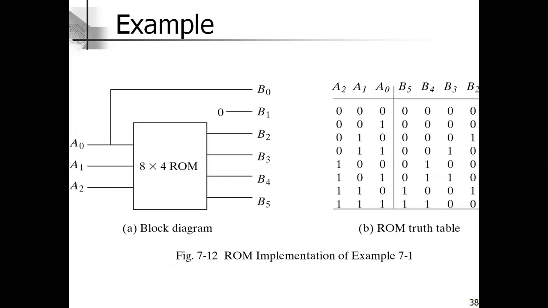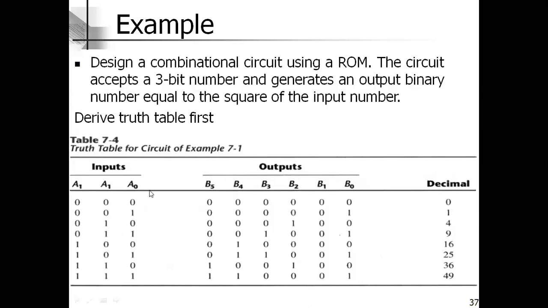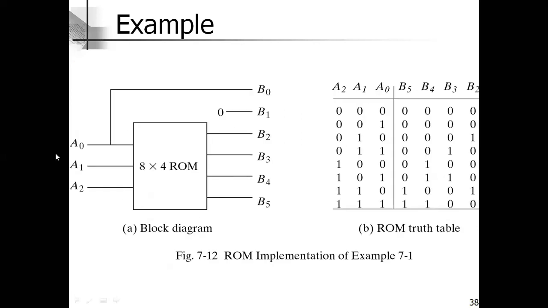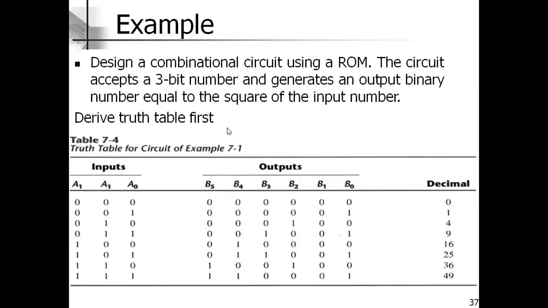I already told you: in this output structure, B0 is always the same as A0, so there is no need to give that connection, because the A0 value is being passed anyway. Next, B1 is always 0, so there is no need to give the B1 connection. Finally only 4 outputs, that is B2, B3, B4, B5. So this is the truth table. After removing the B0, B1 values, B2, B3, B4,